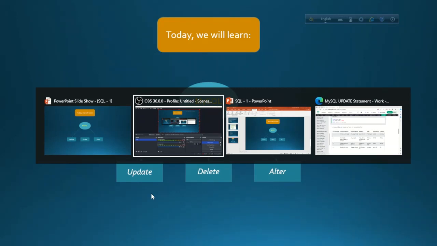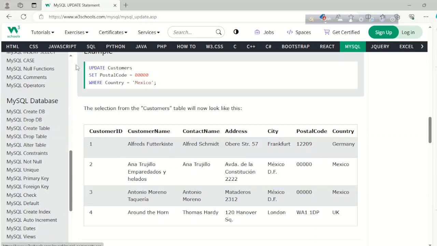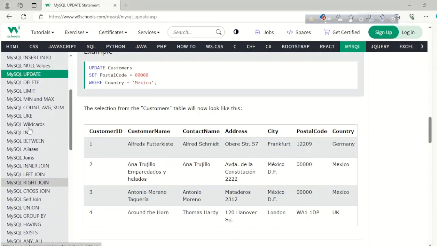in the table. So we're going to first learn the update statement. We're following the W3Schools curriculum. You can also follow this curriculum to learn MySQL properly. So first we're going to learn the update statement. So for that we're going to click on